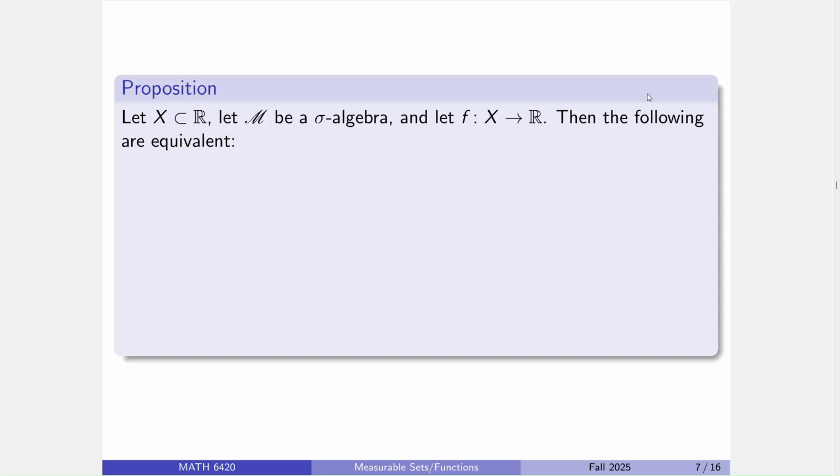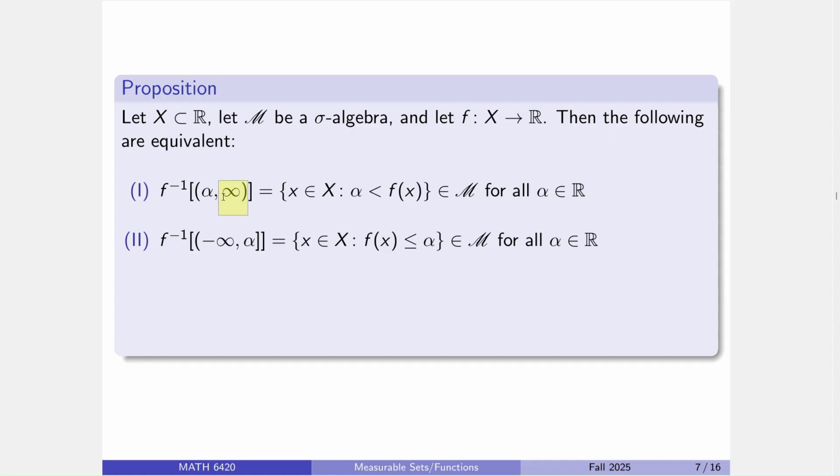Alright, so that being said, let's start setting the stage for getting another more powerful definition for a function to be measurable. So we've defined it to be that the inverse image of open sets is an element of your sigma algebra. It turns out we can define that purely in terms of open rays. So in particular, the following 4 statements are equivalent. The inverse image of the open ray, starting at alpha, is measurable for all alpha. Now note, if you're continuous, the inverse image of this is open for all of them.